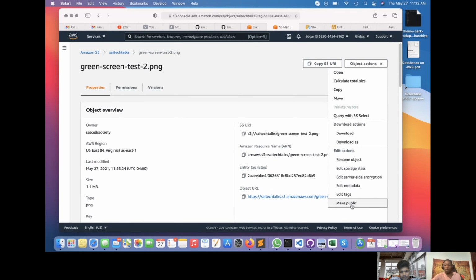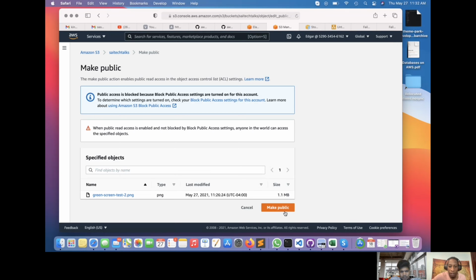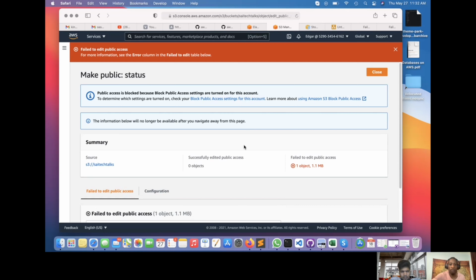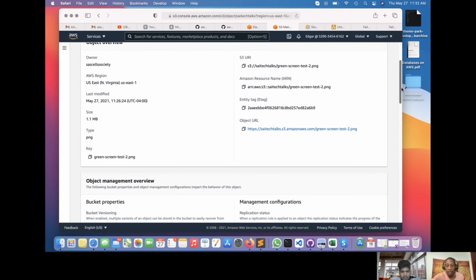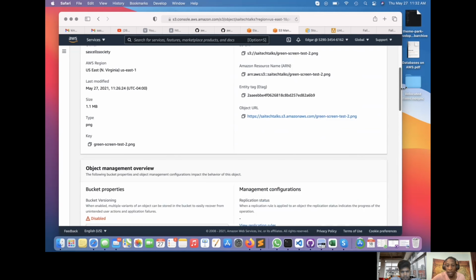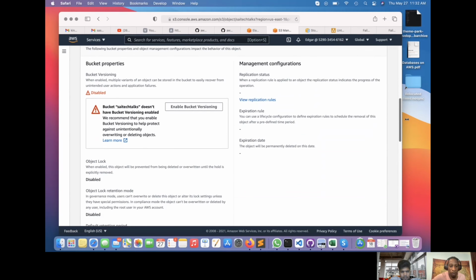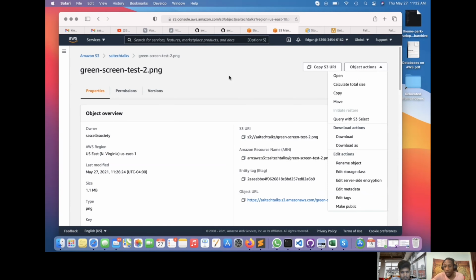Yeah, like so. With what I was saying, if I click here and make public, it should. But I know why it's doing that. My account up here doesn't have the right to make changes to this bucket. I don't have the permissions to do that. That's why it's denying me. But if I had the rights,